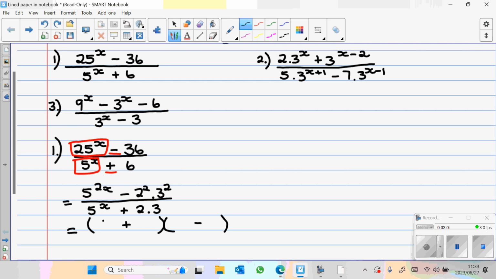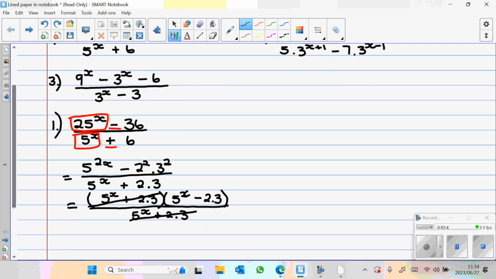You will have 5 to the power x and 5 to the power of x, and then you will have 2 times 3 and 2 times 3, or 6, doesn't matter whichever way you leave it, divided by 5 to the power of x plus 2 times 3, or plus 6, depending on how you want to do it. Now this means this whole of the bottom is cancelled out with this first bracket. And my answer is actually,